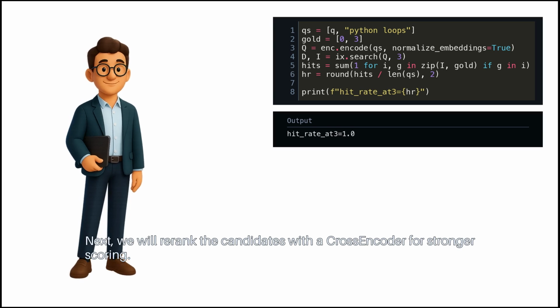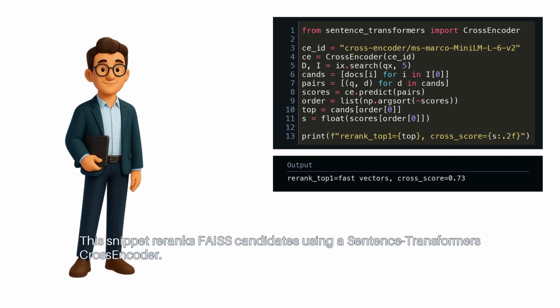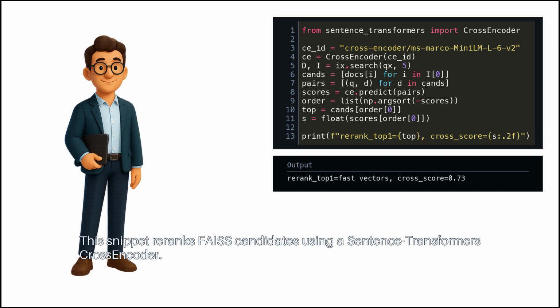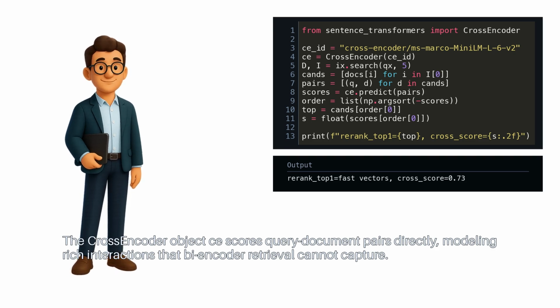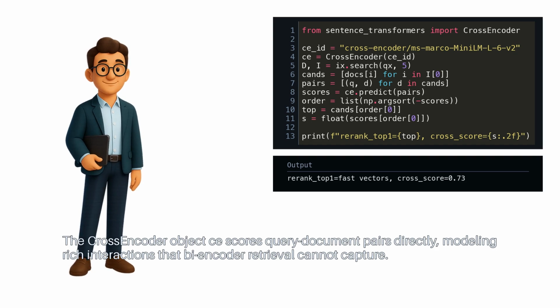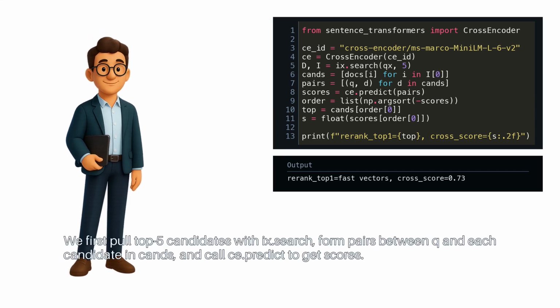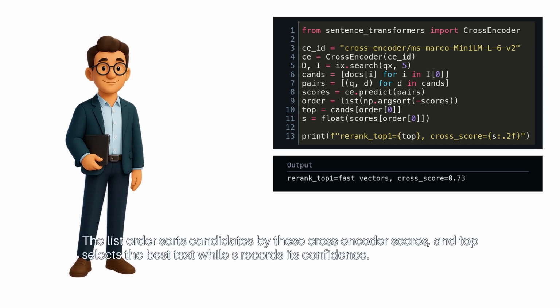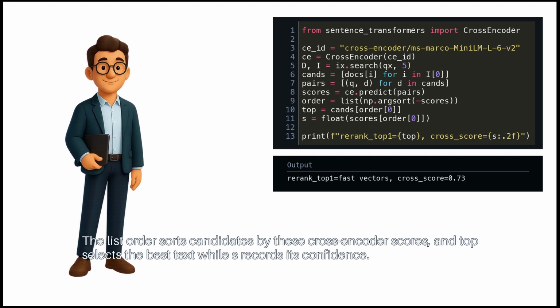Next, we will re-rank the candidates with a CrossEncoder for stronger scoring. This snippet re-ranks FAISS candidates using a sentence transformer's CrossEncoder. The CrossEncoder object CE scores query document pairs directly, modeling rich interactions that bi-encoder retrieval cannot capture. We first pull top 5 candidates with ix.search, form pairs between Q and each candidate in cans, and call CE predict to get scores. The list order sorts candidates by these CrossEncoder scores, and top selects the best text while